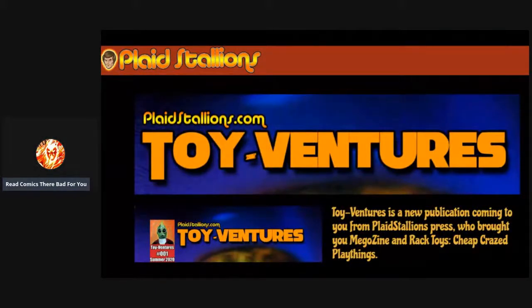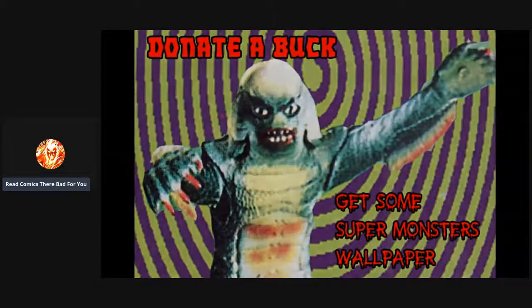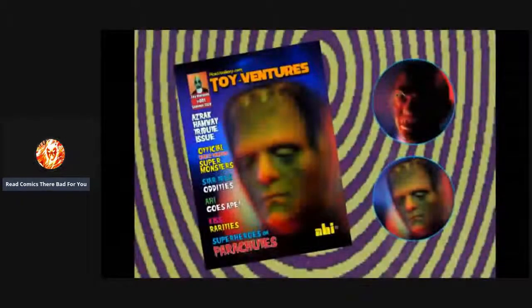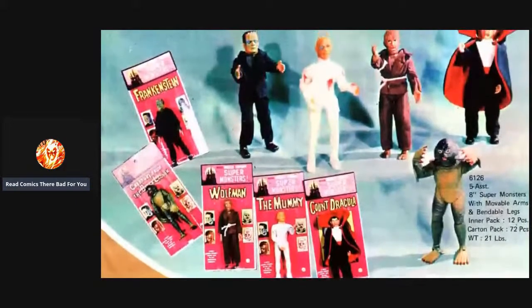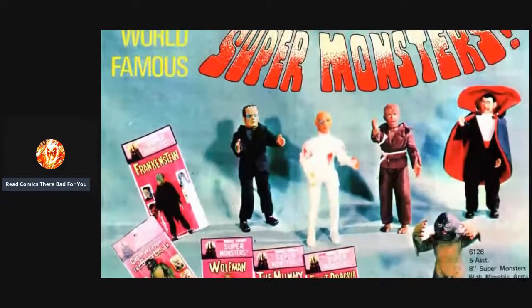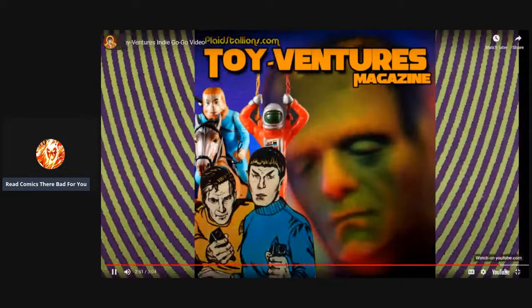We'll be printing the magazine in Canada with a family-owned firm. If you want to kick in a buck, we'll thank you with some super spooky Super Monsters wallpaper. If you don't like print, we have a digital copy we will sell you. And of course, if you buy a physical copy of the magazine through this fundraiser, we'll include 2 collectible Super Monster buttons that won't be available after the fact. And if we can exceed 1,500 copies sold, I will increase the page count by 8 and include pages from the 1974 and 75 Azrak Hamway International catalogs as an added bonus. Thank you so much for watching this and possibly supporting us. If you do know somebody that you think might enjoy the...